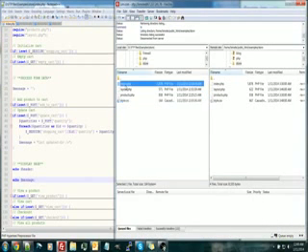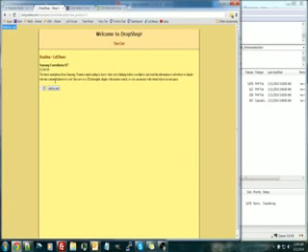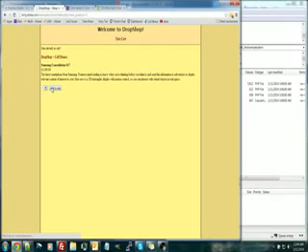There we go. Okay. So that's pretty much it. The only other thing I need to touch on so far